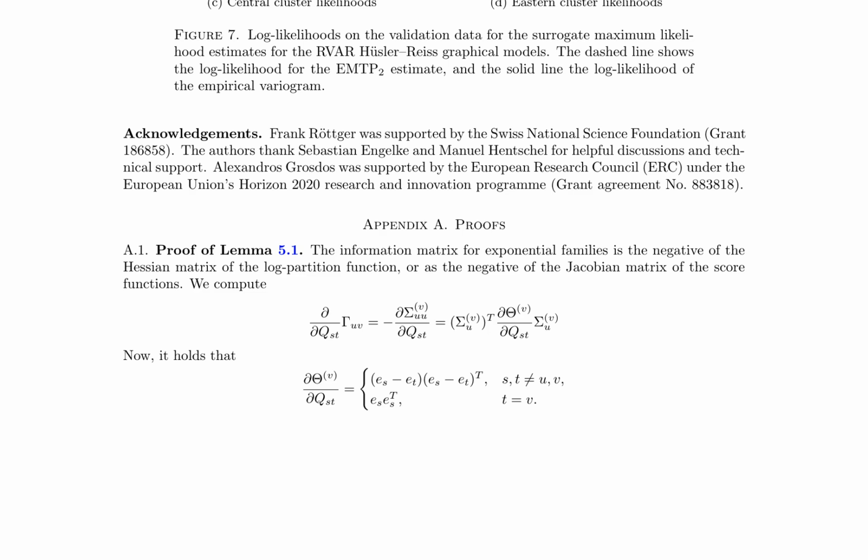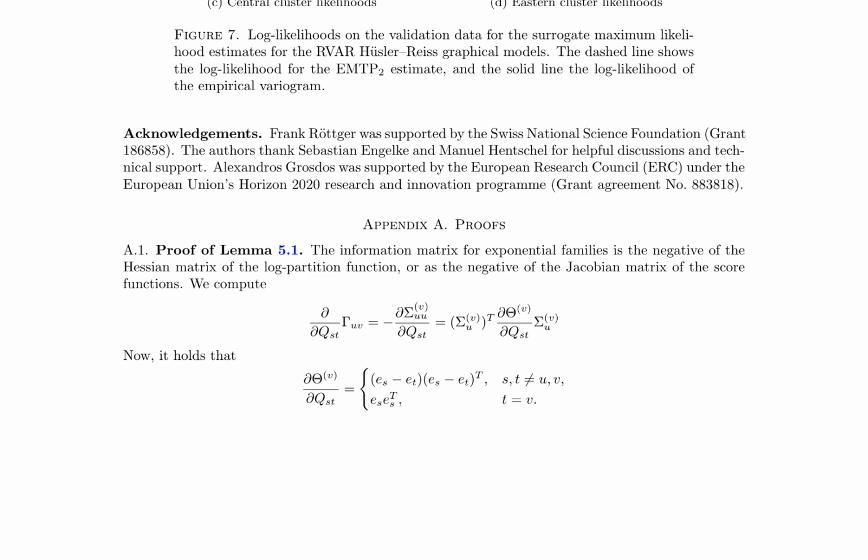The appendix section provides the proof of Lemma 5.1, which is essential for understanding the information matrix in exponential families. This proof involves computing the negative of the Hessian matrix of the log partition function, or the negative of the Jacobian matrix of the score functions. This computation is crucial for the development and evaluation of RVAR Hüsler Reiss graphical models. The results suggest that surrogate maximum likelihood estimates outperform EMTP2 estimates, highlighting the potential of the proposed models in statistical